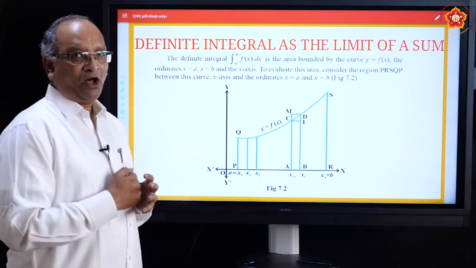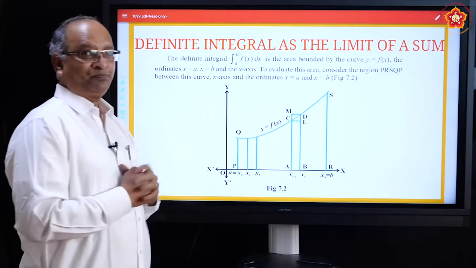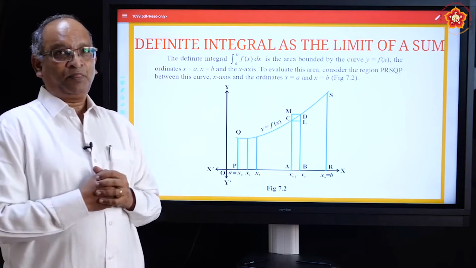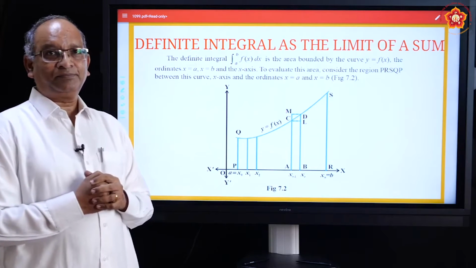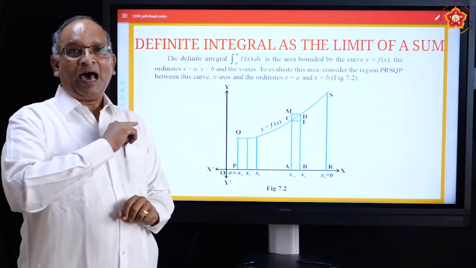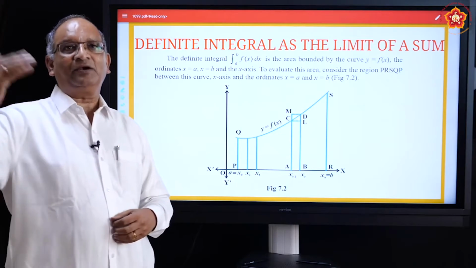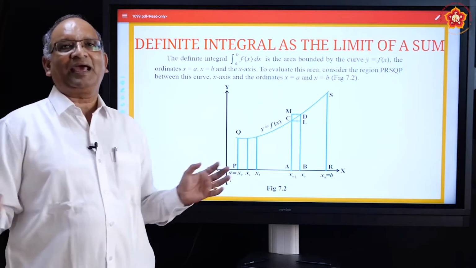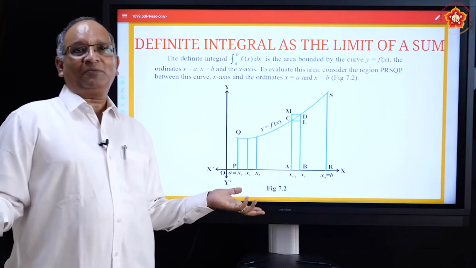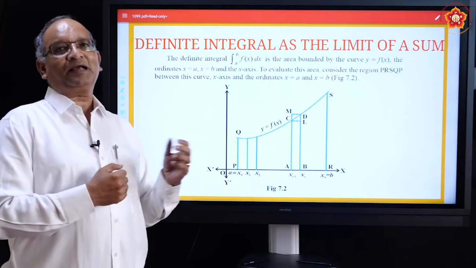In other terms, just observe the diagram P, R, S, Q. This area we want to calculate. Now how do we do it? Can you say it is rectangular? Actually, you could have called it rectangular if only Q and S were joined and we had drawn a parallel line to the x-axis. It could have divided it into two parts, one rectangle and one triangle, and we would have calculated the area. But it is a curve. So we have no formula in mensuration by which we can calculate its area. So the definite integral comes to our rescue.